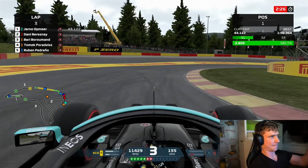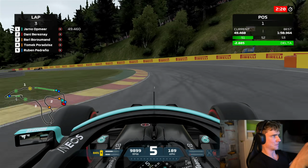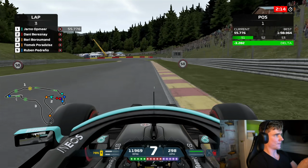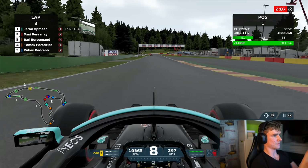And at the same time, you need to brake late, but if you're a little bit too late in these half-dry conditions, you just lock up and go straight on. So it's so hard to get right. But you can see into Pouhon we're 3.2 seconds up, and that shows the slicks are so much faster. It has dried up at such an insane pace